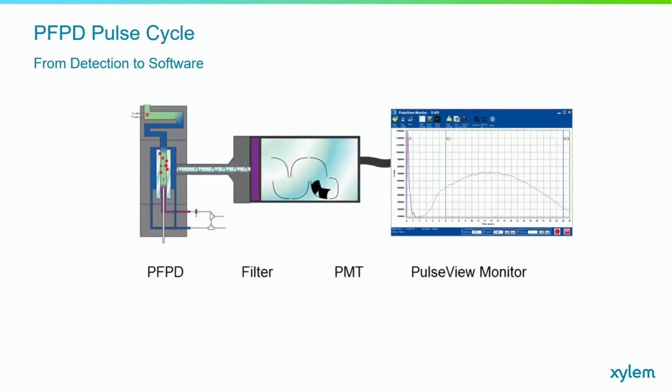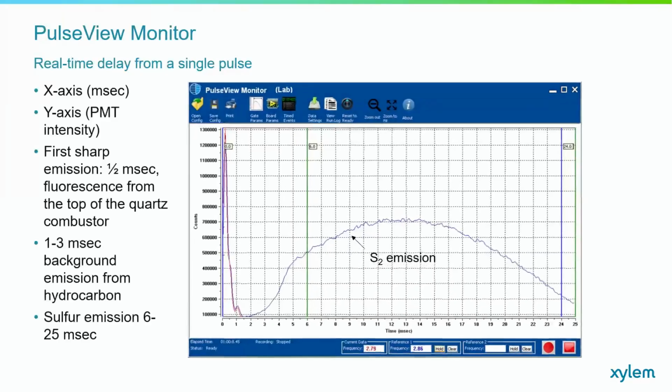So this is a depiction of what happens after the detector goes through a light filter, through a photomultiplier tube, and then an analog signal is magnified and sent to the electronics inside the detector controller. Then we see a peak in our pulse view monitor software. So now we can look at pulse view monitor, and this slide shows a screen capture of